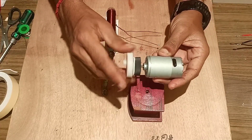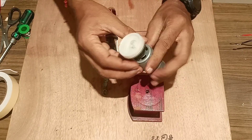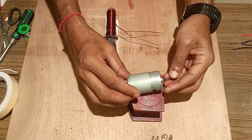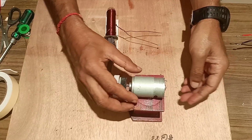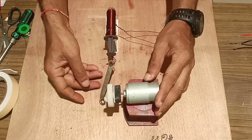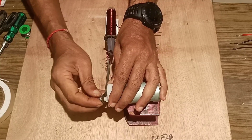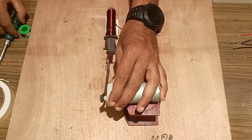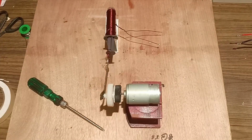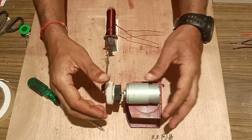Then we will fix it with the crank and the shaft of the arrangement made in the syringe. So we will fix the shaft with the screw tightly to the flywheel. Once it has been fixed,